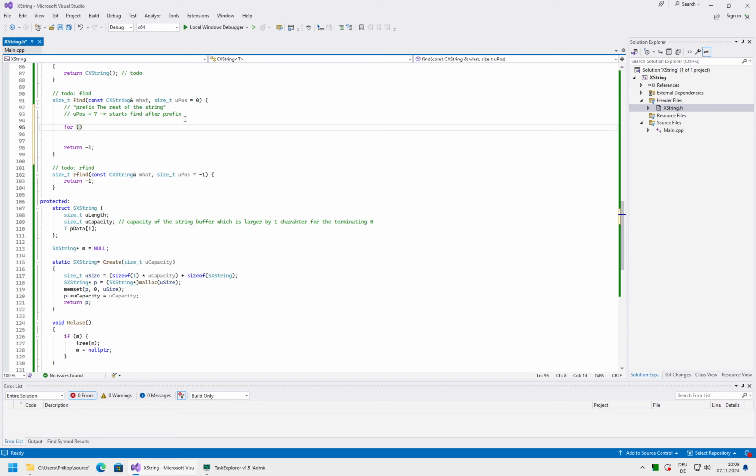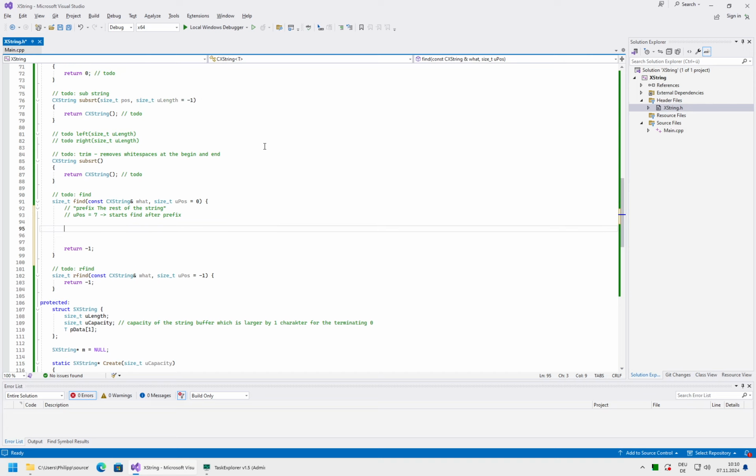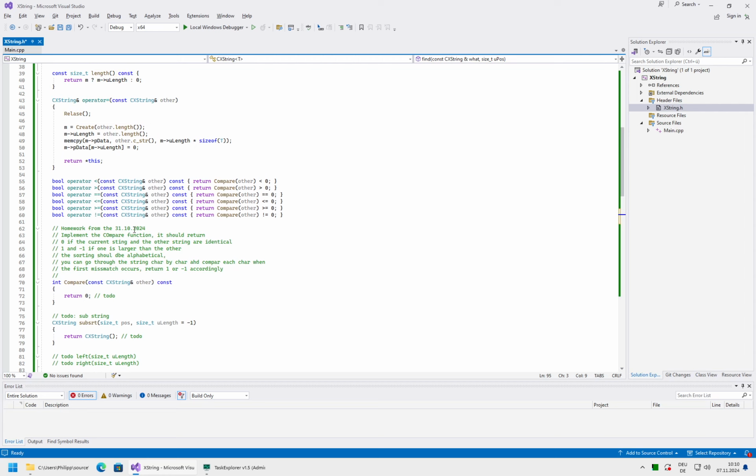Another approach would be to, instead of the inner loop, use a function like memory compare to search for it. But I think a manual approach is actually better, because this gives us the flexibility to later add a more complex behavior, like for example a case insensitive comparison, so that whether a letter is normal or capital will still match, which is a very common improvement that is used when searching for strings for the purpose of parsing them. Usually most formats are not case sensitive with regard at least to the keywords used.